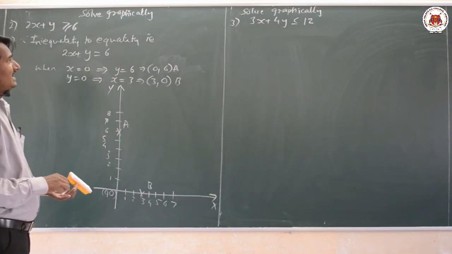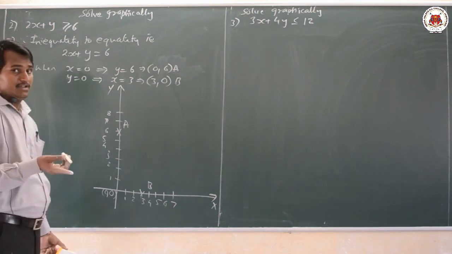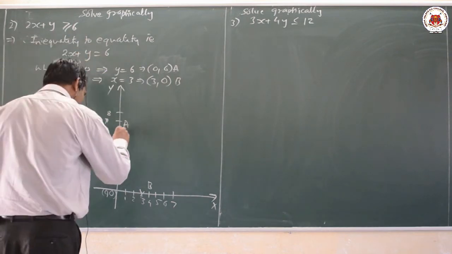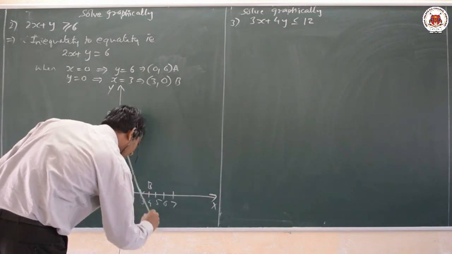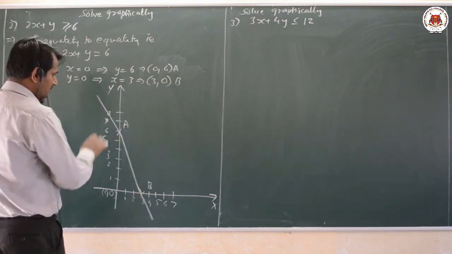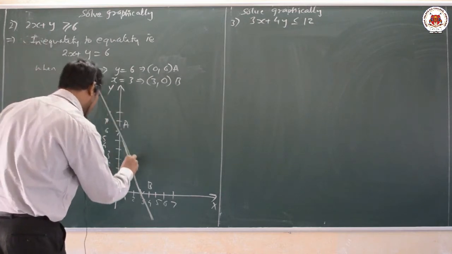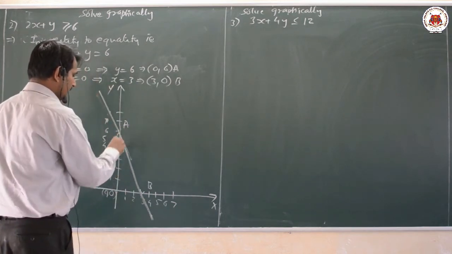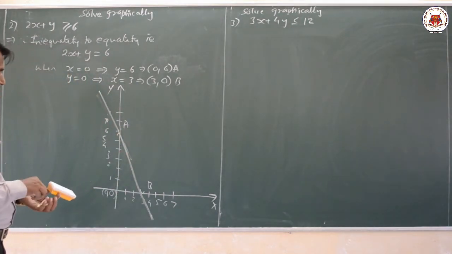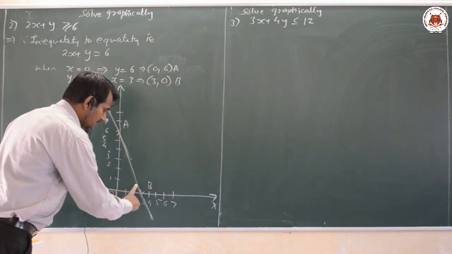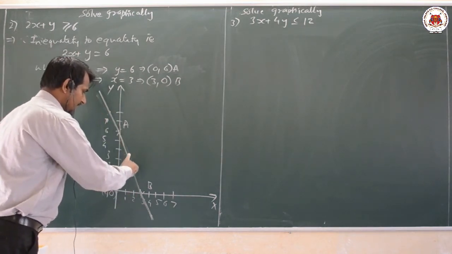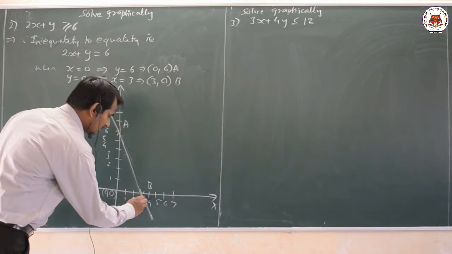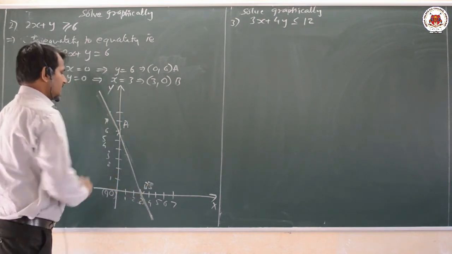Now whether it is a strict inequality or a slack inequality, that means greater than or equal to, or less than or equal to, we have to mark a solid line. We require a solid line here, dear students. I will mark down the line here. You can make use of a scale to draw it neatly. Now this is one part. Next, the second part: that is our line AB, a solid line. It passes through our point B as well as A.